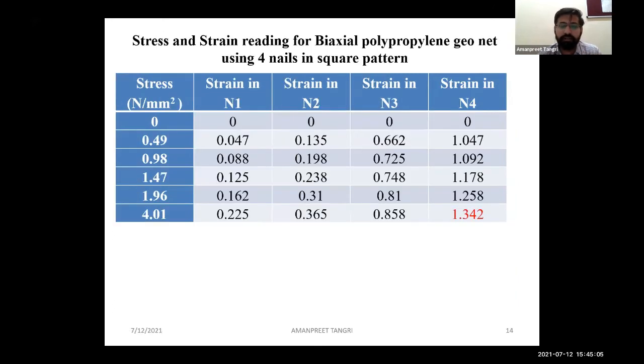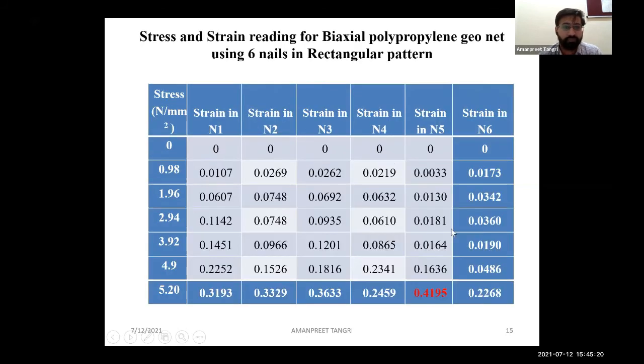So talking about the second, polypropylene unit, the stresses taken by this material were a little bit higher as compared to the first material, and the maximum strain was seen in nail number 4, that is 1.342. Talking about the 6 nails, there was again an increment in the stresses as compared to 4.01 for the 4 nail, and it was 5.20 for this 6 nail pattern, and the maximum strain was found in nail number 5,